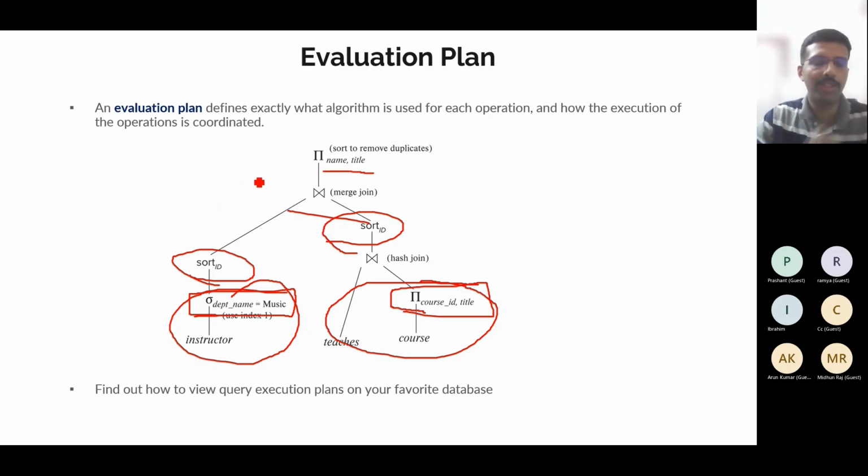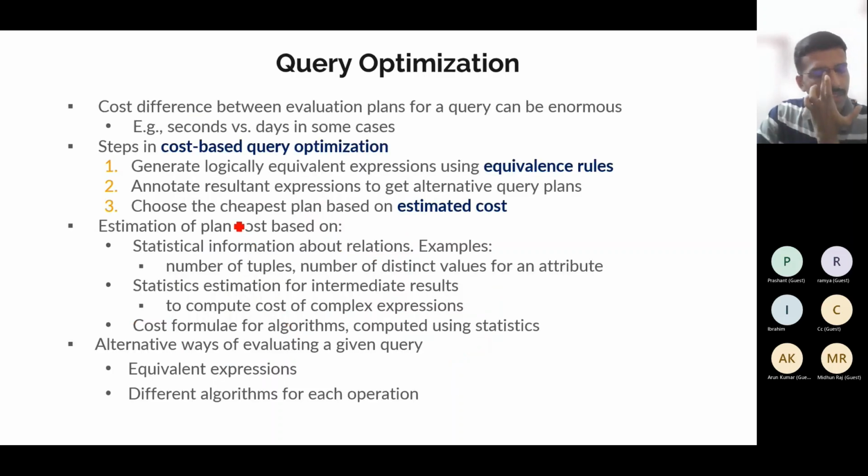So this is one sample evaluation plan for an example query like that. Then like this, I can work out multiple ways in which the same query can be executed. Once I find out all those, I will try to find out which one of these will be the one taking the minimum effort. The cost difference will appear simple, but when the query is actually running, the difference between one way to implement and the other may be even seconds or even days when the database size runs into very large thousands or tens of thousands, lakhs, that kind of records.